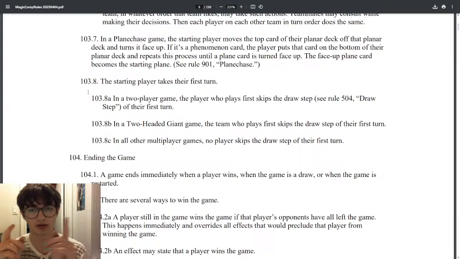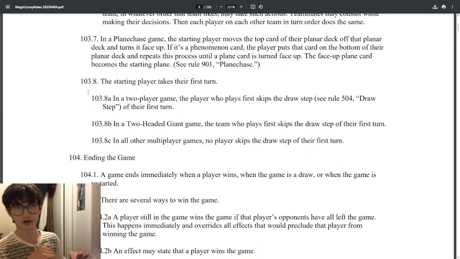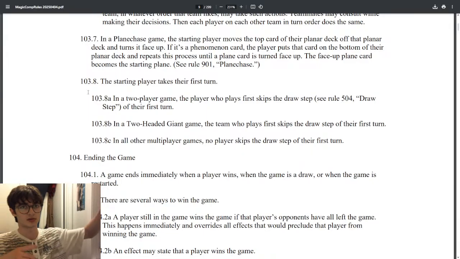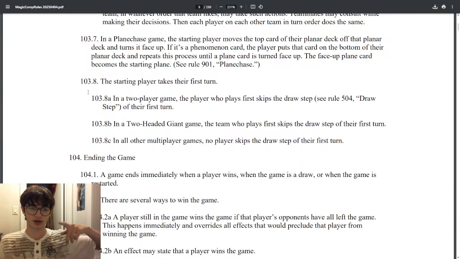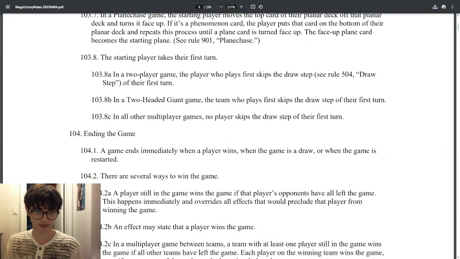There is no free mulligan and there is no first draw step for the starting player. The reason is because you losing one card on all your opponents in a multiplayer game means you have 1 to 3 less. But in a two-player game, it's 1 to 1, and you knew the stakes, and it's not as much of a risk. So it's more balanced, and this is what the game was balanced for.